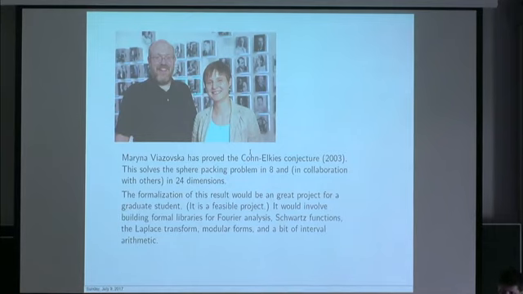So in the 3-dimensional proof, there are many linear programming certificates that get verified. In the 8-dimensional proof, there's a single global linear programming certificate that gives the proof. It's a very complicated certificate that needs to be described using modular forms, but it's just a single linear programming certificate that needs verification.